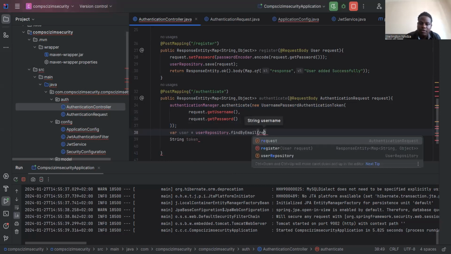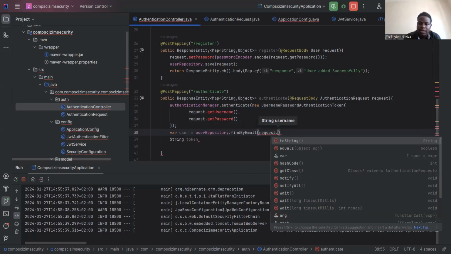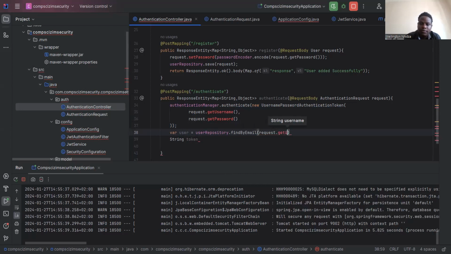So we say request dot get username, like this. This one will get our username, and for us to generate a token, we say token equal to